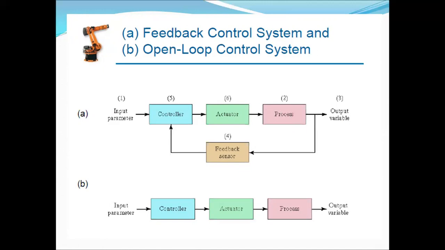On the basis of this, we have to set and find the output variable, and this output variable can be compared with the help of a feedback sensor. This feedback sensor will sense the output and give the input to the controller, and the controller will again control things, and the actuator will control the process, right? The actuator will basically give a controlled motion of the tool, and then the process will be controlled. Whereas in the case of an open loop control system, it cannot be done. The output is not governed by the input parameter. Whatever input is given, you will get the output.